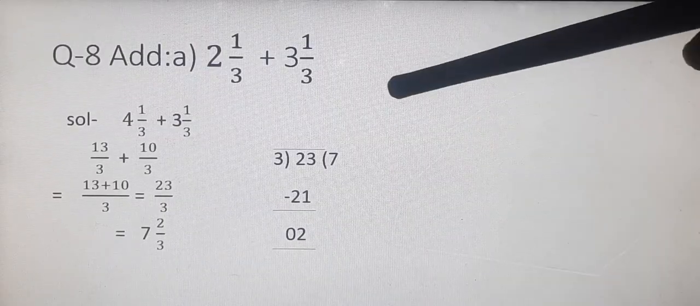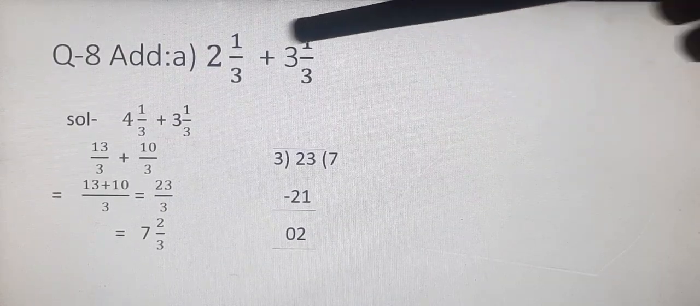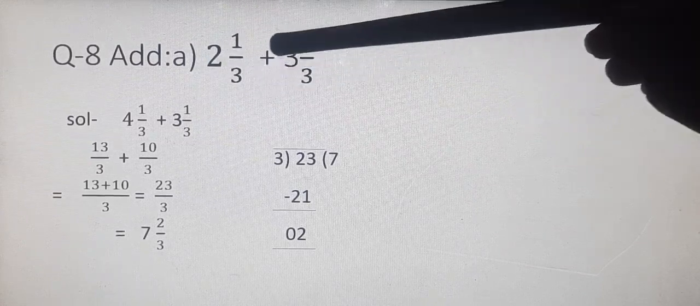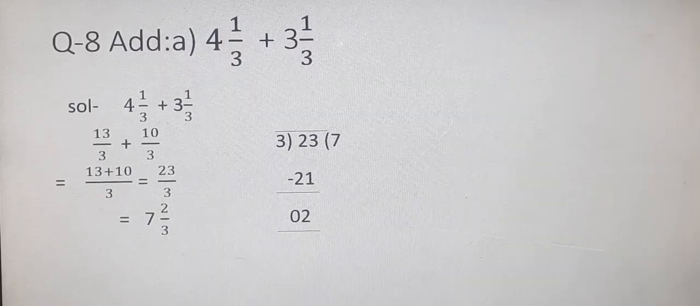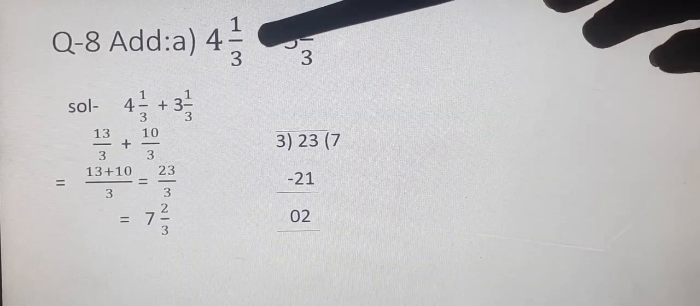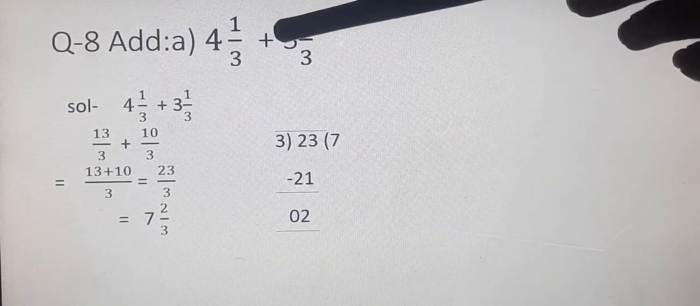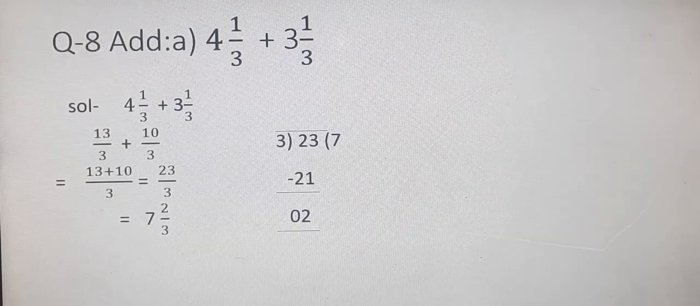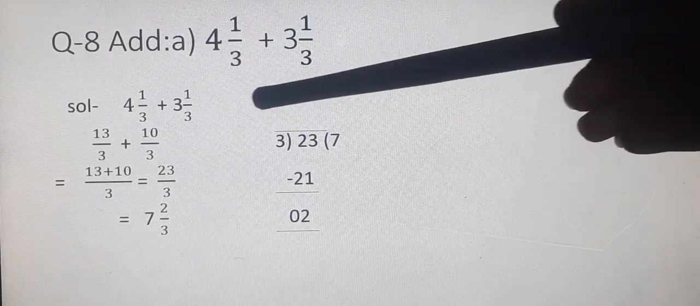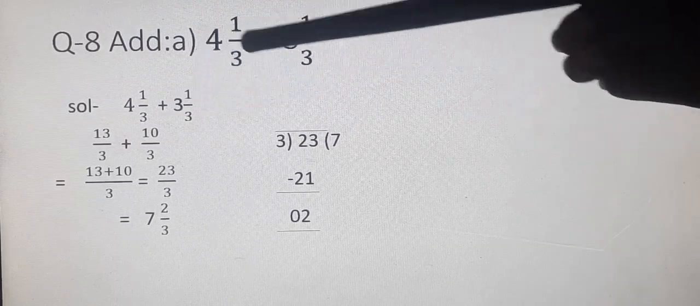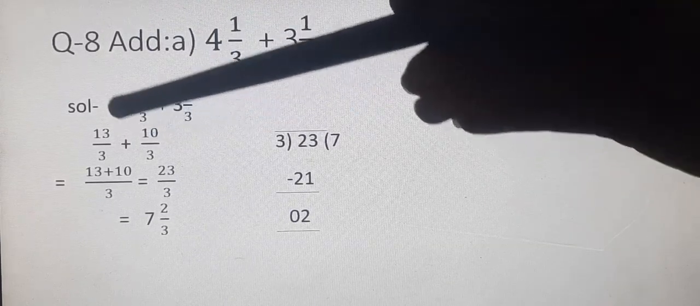Now our next type is addition and subtraction. Add 2 whole 1 upon 3 plus 3 whole 1 upon 3. Here I have changed it. In place of 2 I have taken 4 because 2 whole 1 upon 3 we have taken previously also. So 4 whole 1 upon 3 plus 3 whole 1 upon 3. We will write down in solution the same question. Now we will convert it